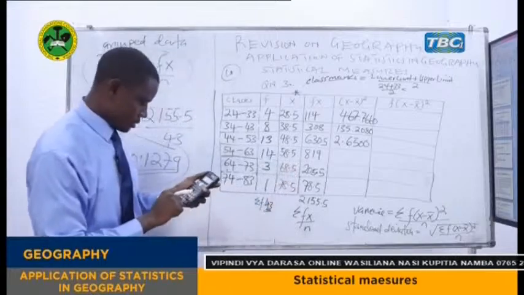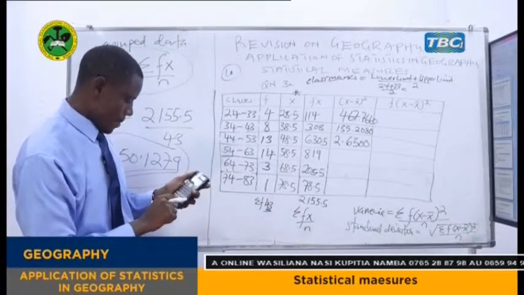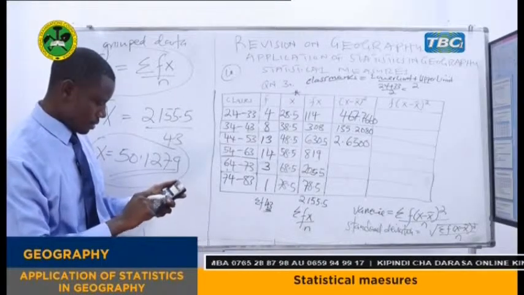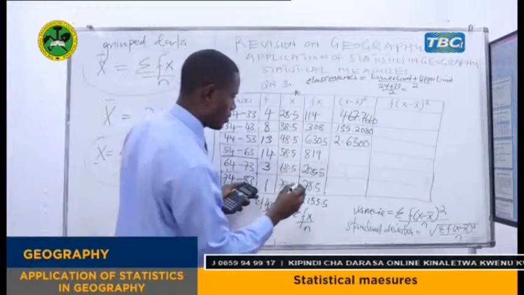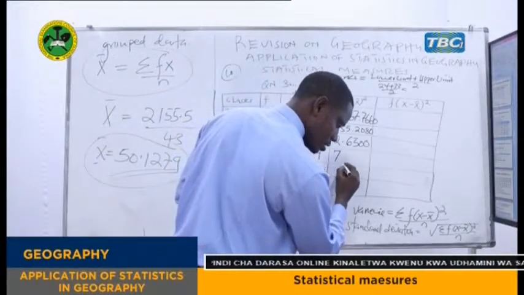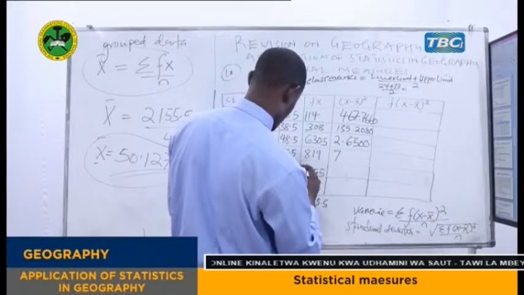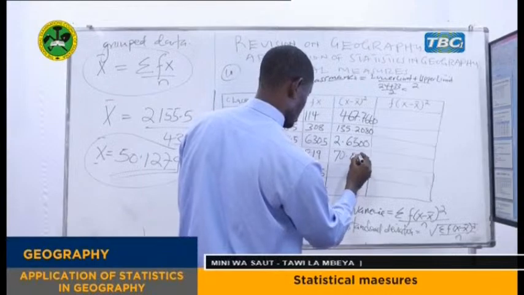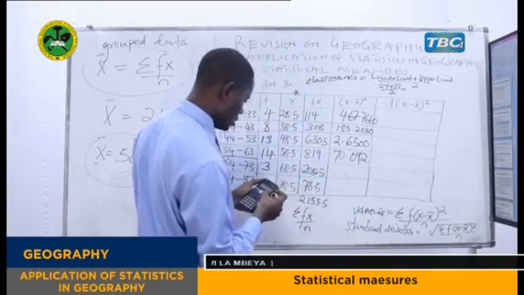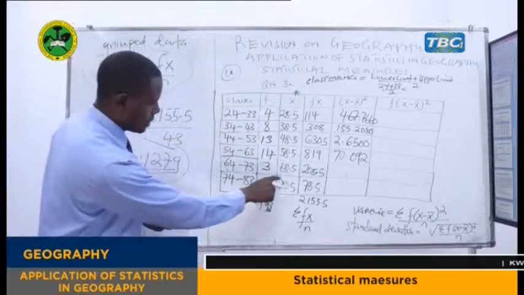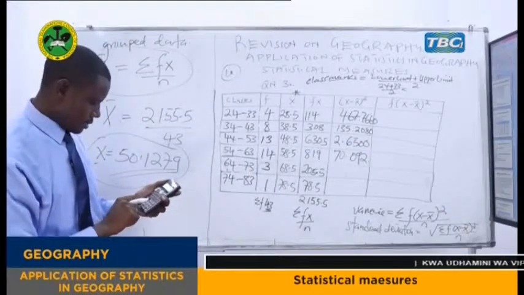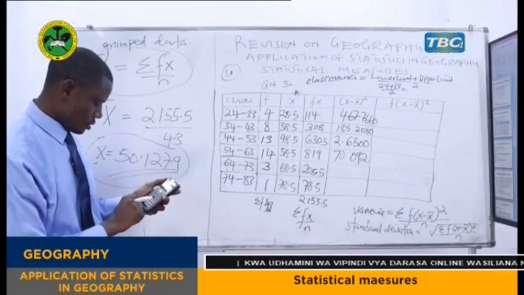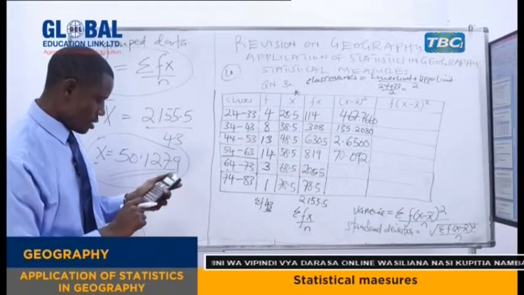So we take 58.5 minus the mean, that is 50.1279, bracket square, then we come up with 7.092. And then we go for the next column, that is 68.5 minus 50.1279 bracket square, then we get